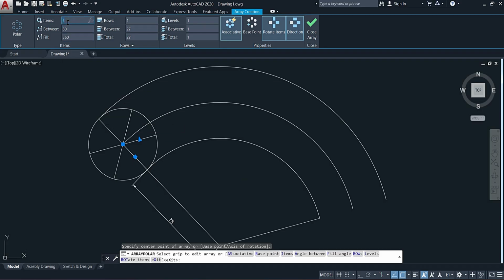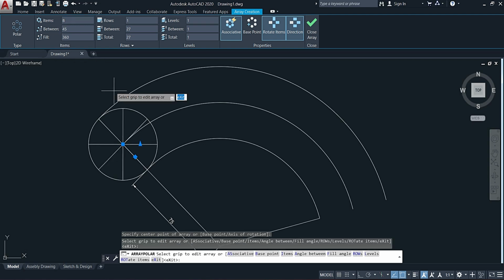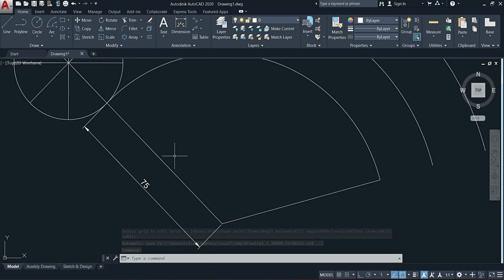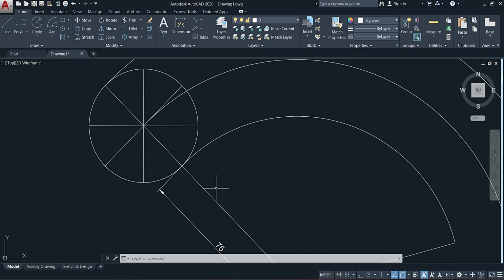Alright, but that means more work for us. Alright, let's go with 8. The more points you have, the smoother your curves. So that's 8 points now. Enter. Now once we have done so, the next thing that we're going to do, and we can probably